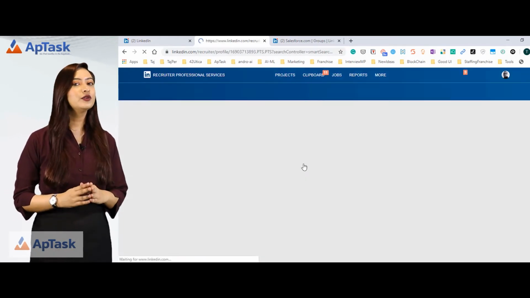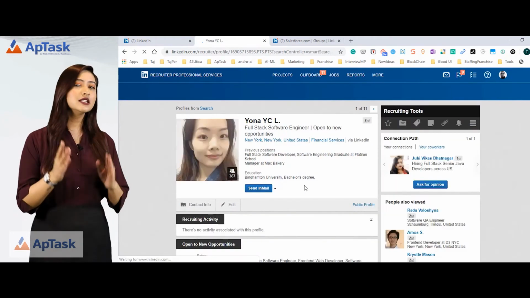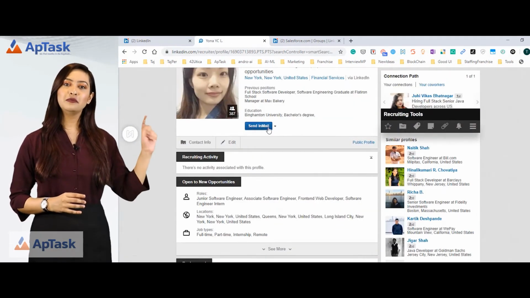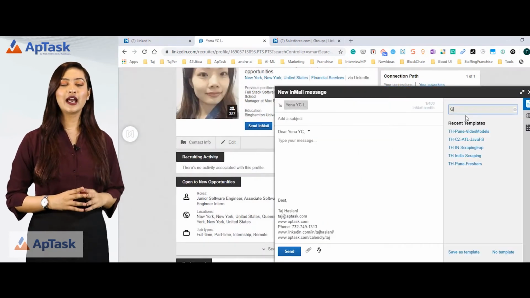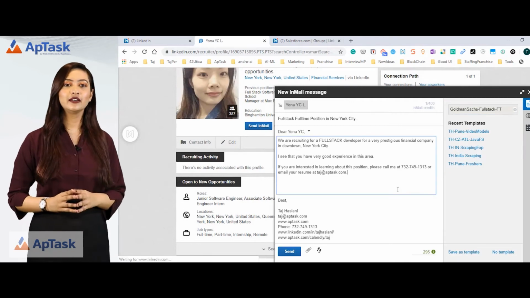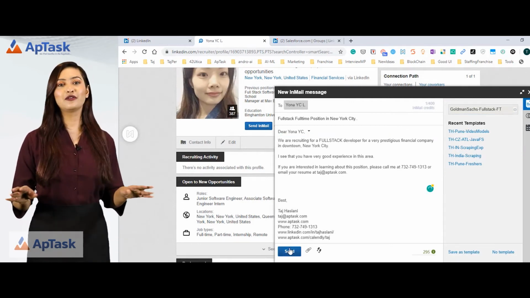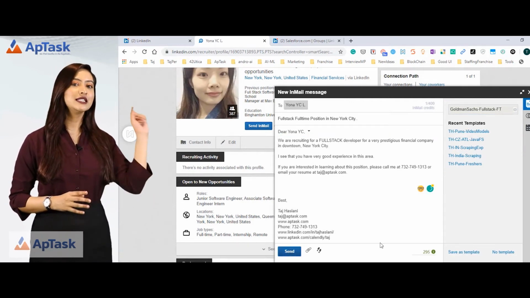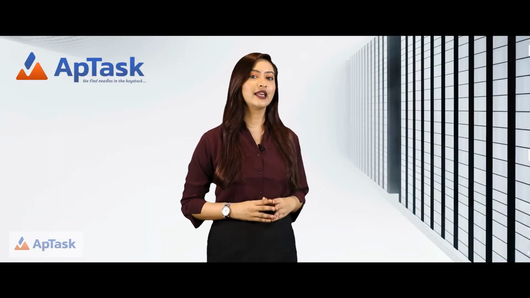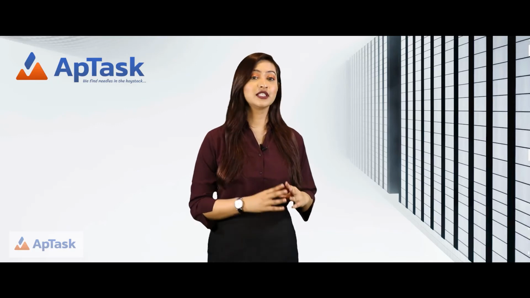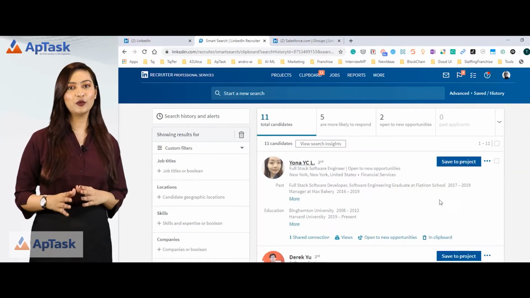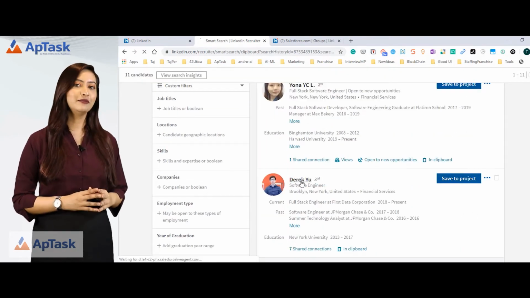Now, if you review this resume and you think that this is the person you are interested in, you can click on Send InMail. Select the template, select the Goldman Sachs template that you have just created, and you will get all that information and you can click on the Send button here. I am not sending this InMail in this case because I am not recruiting for this particular position. You have an opportunity to review the resume before you send out an InMail.